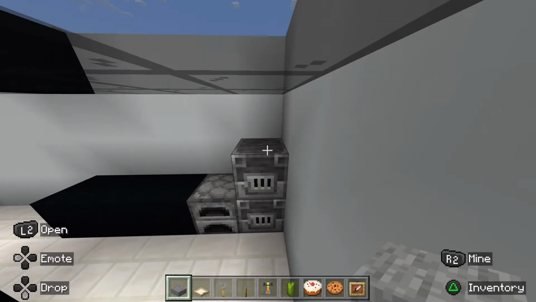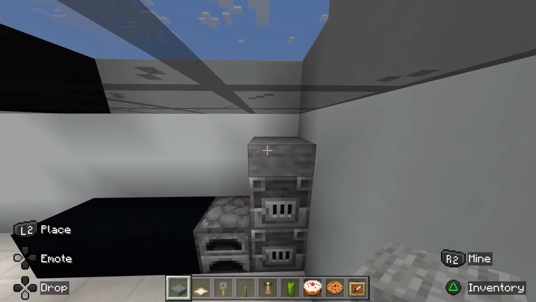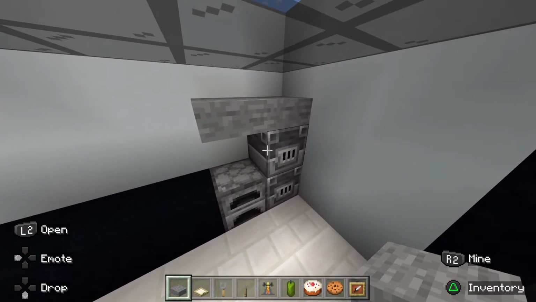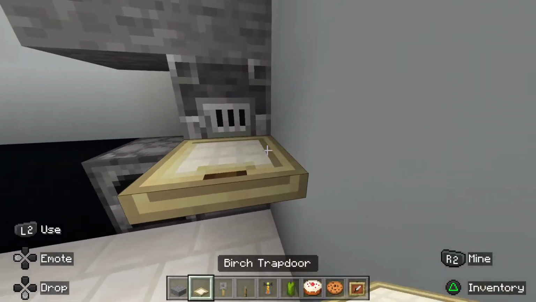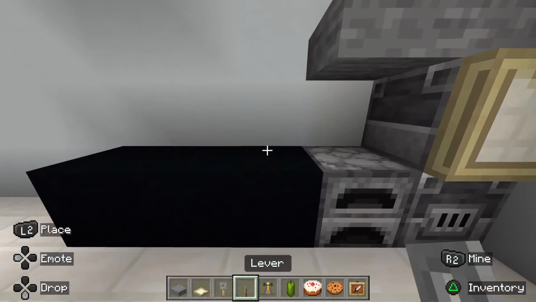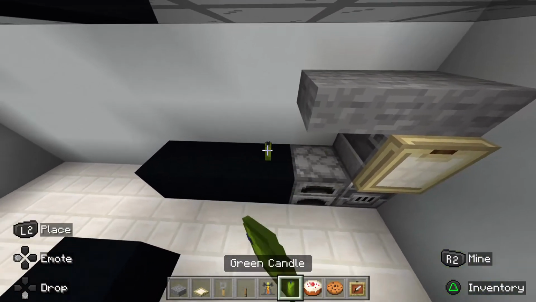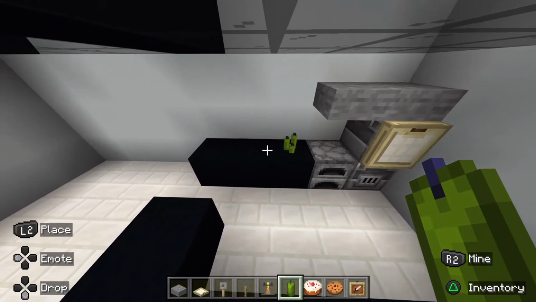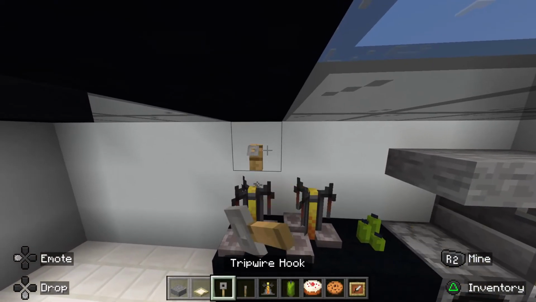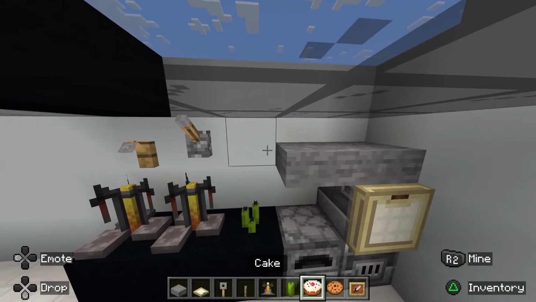Okay, well, anyway, we are going to place a stone slab across the top of the glass furnace, extending over to the left. Then a bronze trapdoor on top of the glass furnace next side. Then along this table space here, we are going to place a collection of green candles to look like cups, a couple of wooden stands up on the ceiling, leather, the other, and then we'll throw a lighter frame on